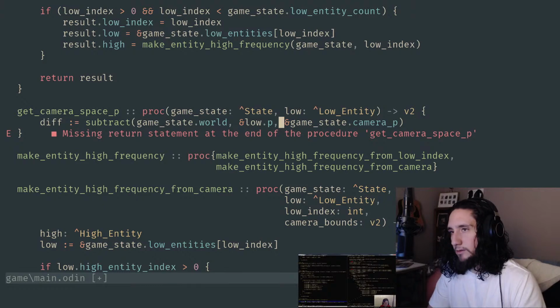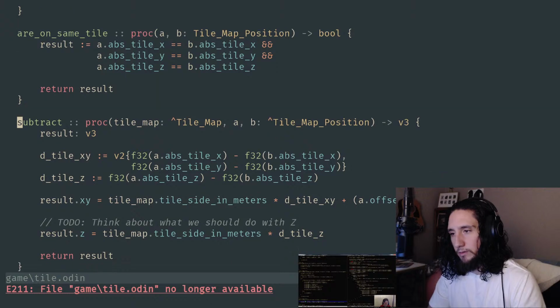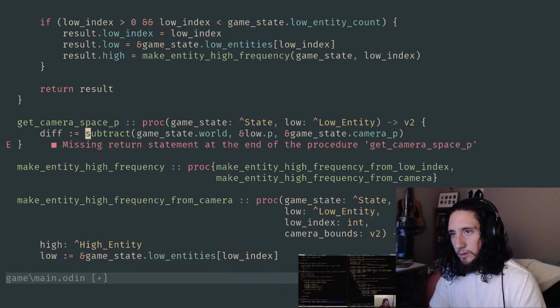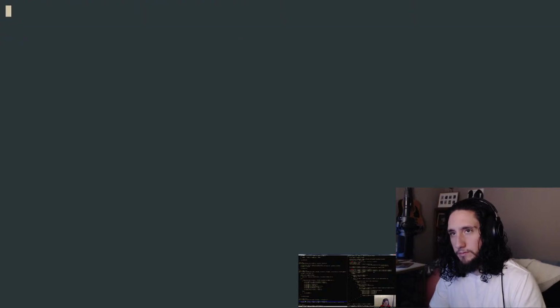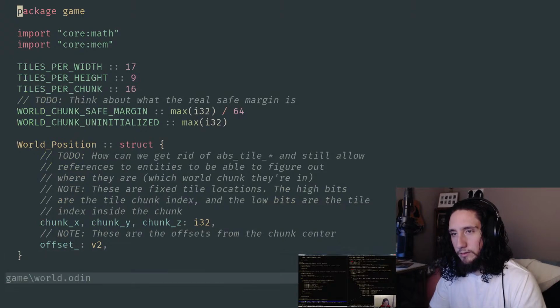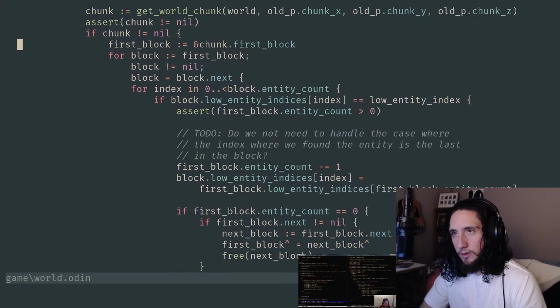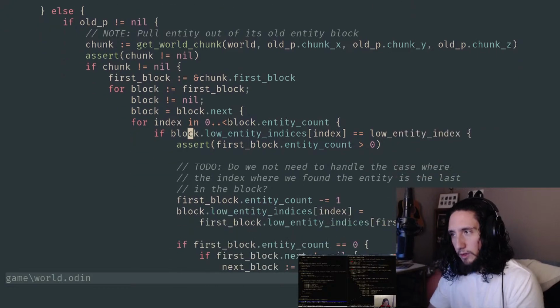I see. So that actually, does that bring back a, oh, that's weird. OLS complained that our tile file was gone, but then, oh, that's super weird. Maybe if I just restart NVim, it'll figure that out. Yes, I know Go Please is not installed. You don't need to keep telling me. I should just comment that out in my config.